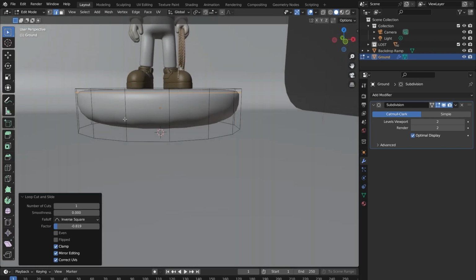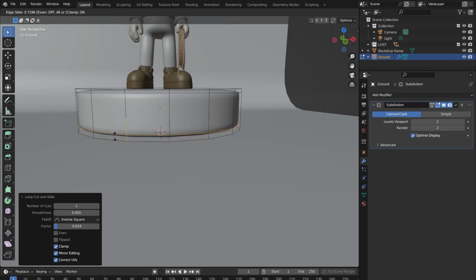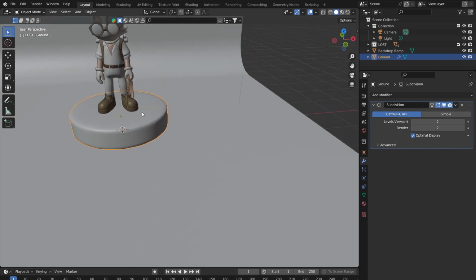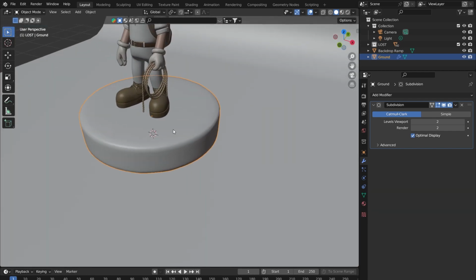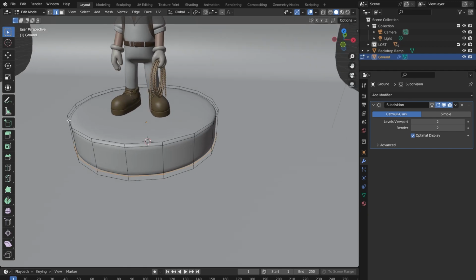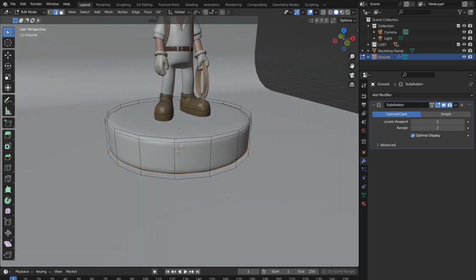And if we add one again, so Control R for a loop cut, add it through the middle, bring it towards the bottom, you can see that it now looks like more of a cylinder, albeit a smoother cylinder. So this is great. We're already kind of halfway there. Now,